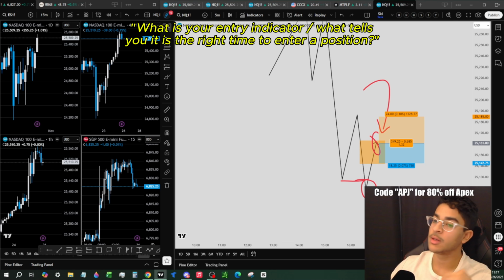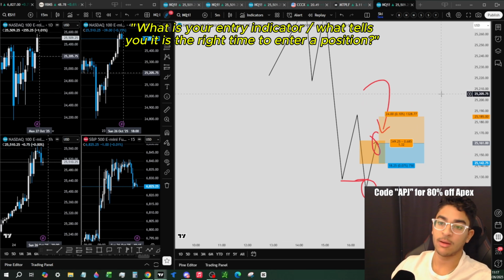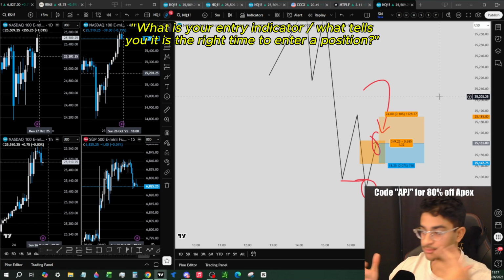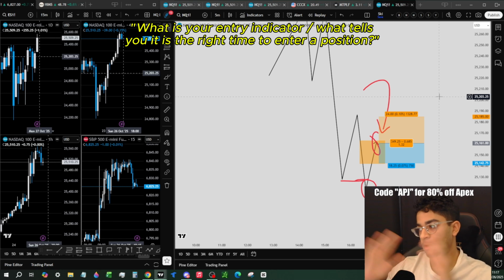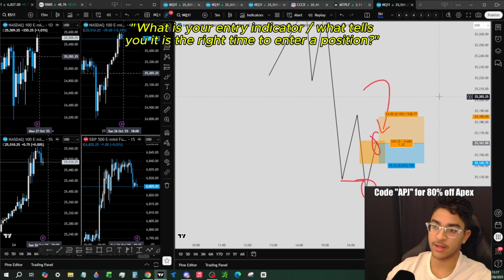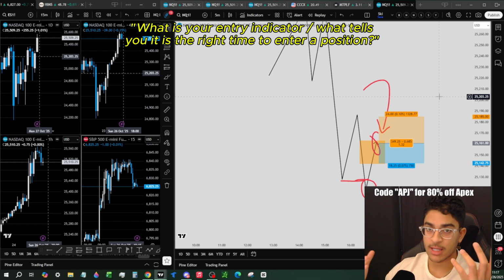Most of my trades are 10 to 15 points with a risk reward of about 0.85, 0.9, which is a whole different discussion in and of itself. A lot of people are surprised to hear that I have a less than 1-to-1 risk reward ratio on average, but that is how we have an 89% win rate, right? You can't have a 2-to-1 risk reward ratio and have a 90% win rate. You would be the richest man on earth if you did.